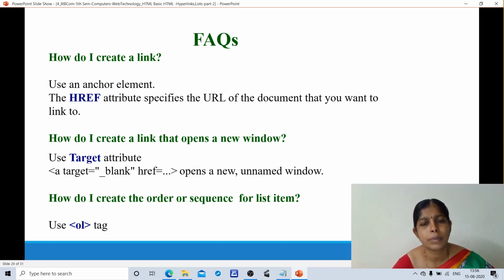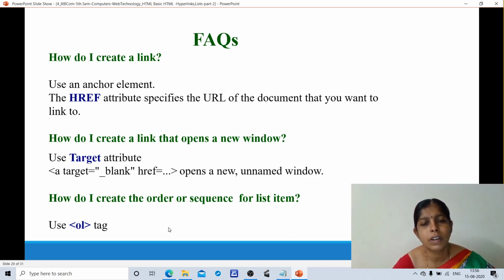Using the target attribute. Where does our link open? In a new tab, when I place the target attribute with the value blank. Use attribute target, target equals blank. Here I didn't give any URL. It opens a new unnamed window. Data is opened in a new window.